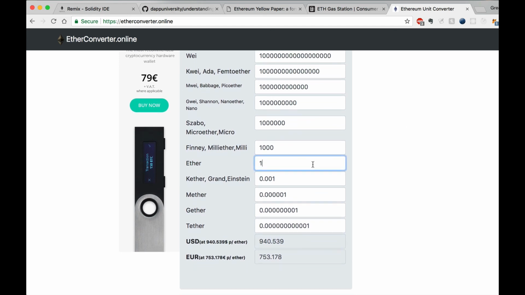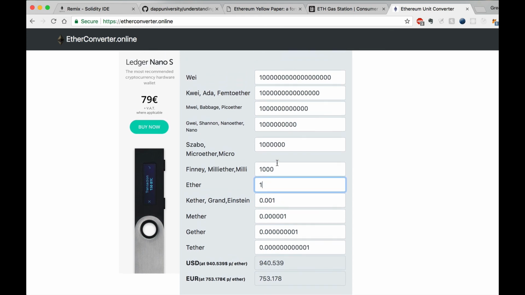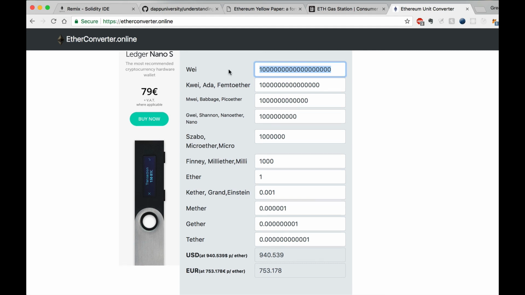And I would just fill this in with 1 Ether. So we can see how 1 Ether is broken down to the smallest unit, which is Wei. This is the actual unit that we use inside of our smart contracts when we're sending Ether and when we're calculating transaction costs and things like that. And this can just be multiplied by larger units to eventually have more meaningful representations of Ether and how it